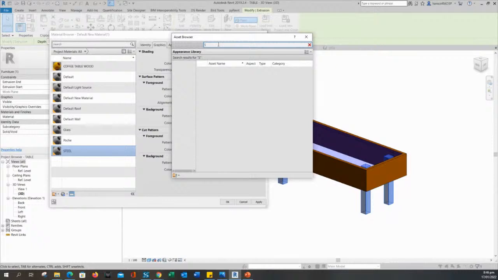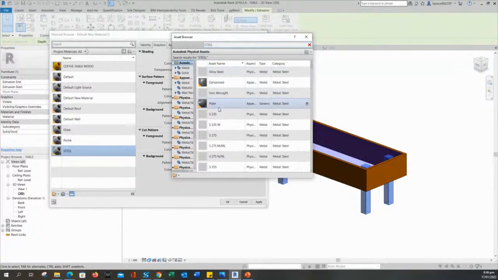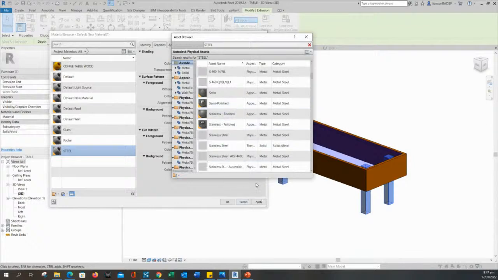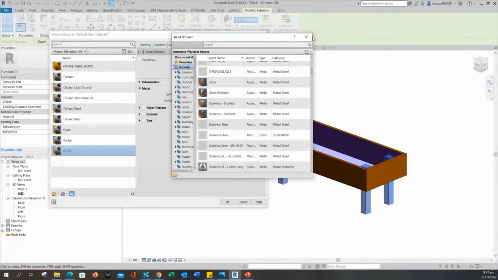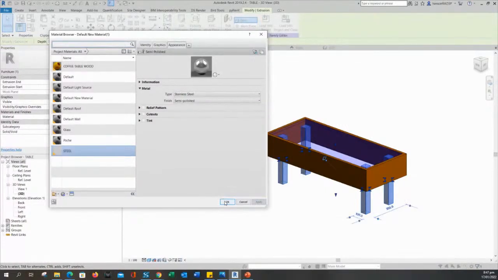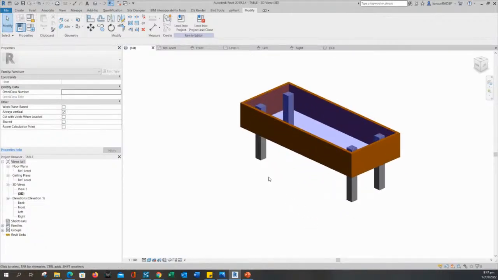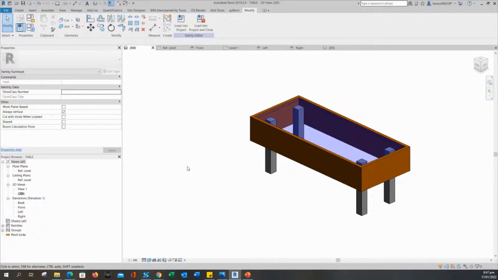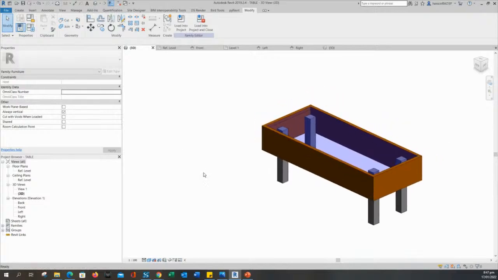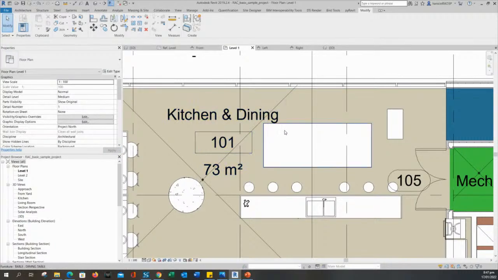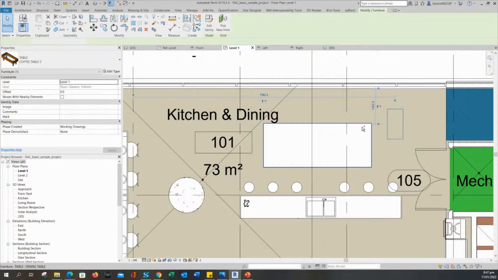Say some steel. Say polish. So when we load this on the project,